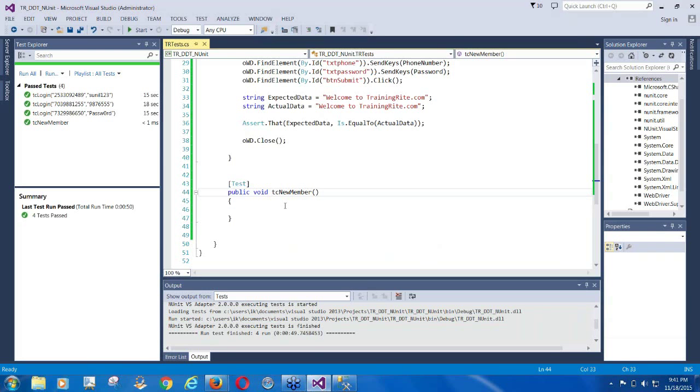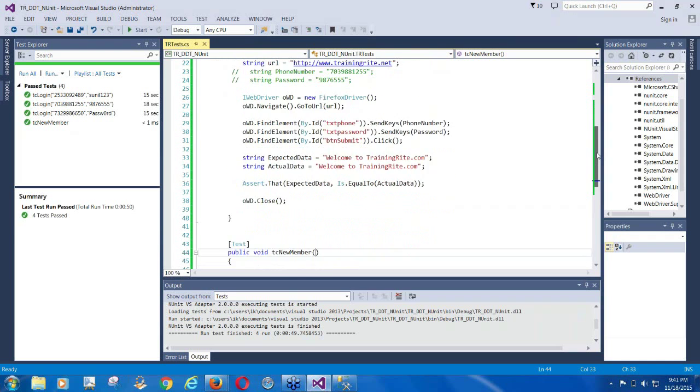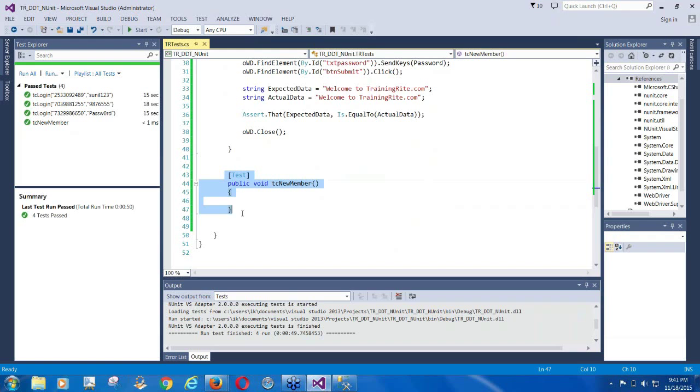Now, that brings us to an interesting topic, and that is what is the next best way to do it. The next best way, and again I will be showing it to you, is with the same test case, and I want you to do the TC new member as the assignment, as the homework. Now that we have seen the hard-coded way of doing it,